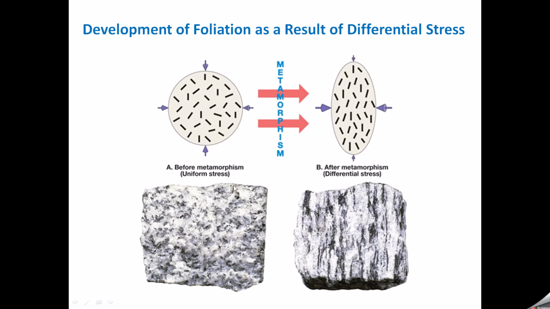So here we have an igneous rock, and this is a metamorphic rock. We have bands here. What was here? The crystals were randomly arranged, but when we applied pressure, the crystals aligned. And this alignment gave me these bands, white and dark. The white ones we said are mainly felsic minerals, feldspar and silica, and the dark bands are mafic minerals, magnesium and iron. So this is what we call differential stress.